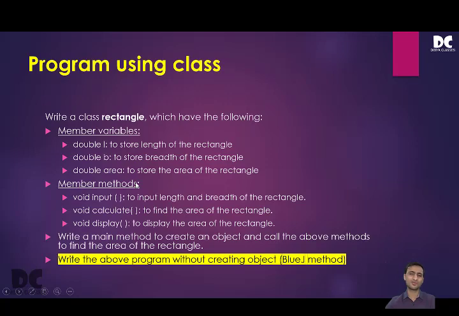So here also we have member variables and member functions. Member functions are also known as member methods. So here there are three member variables, that is double L, double B and double area. Generally in board question paper, everything will be given. You just have to use it. Therefore the programs are very simple. So here it is told to declare three variables. The data type is also given and the variable name is also given. Okay, and also it is told that what is the use of these variables. That is, double L is used to store the length of the rectangle, double B is used to store the breadth of the rectangle, and double area is to store the area of the rectangle.